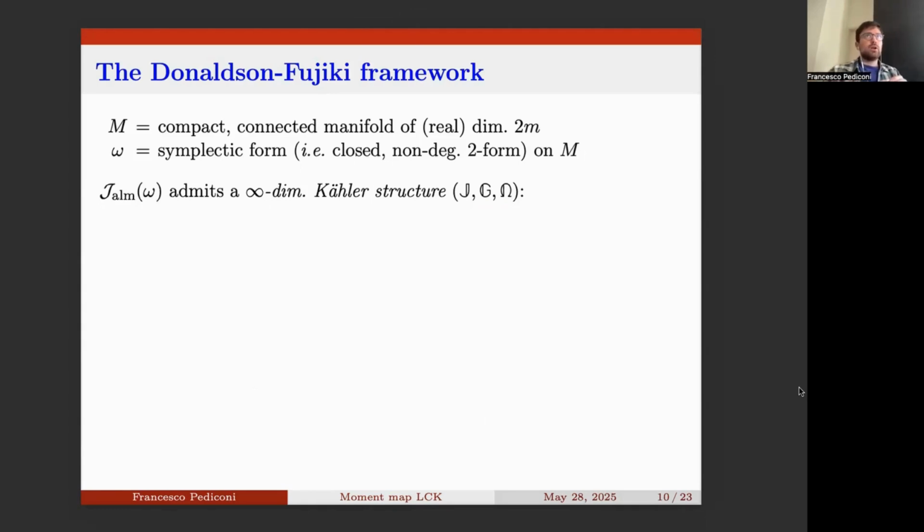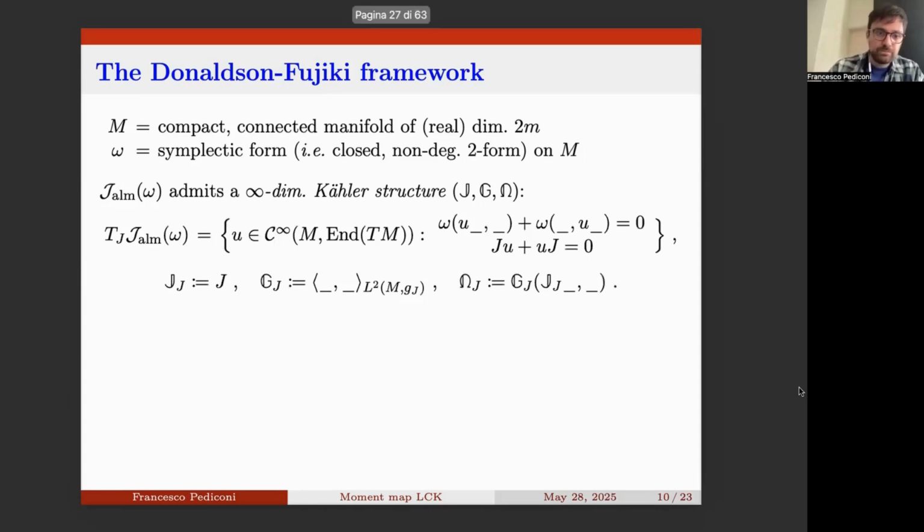Now we are going to study the geometry of this infinite dimensional manifold given by all of these compatible almost complex structures. In this infinite dimensional manifold, this is the setting where we would like our moment map to appear. And in order to do that, we need to find a symplectic form on this infinite dimensional manifold. And actually, we are lucky because